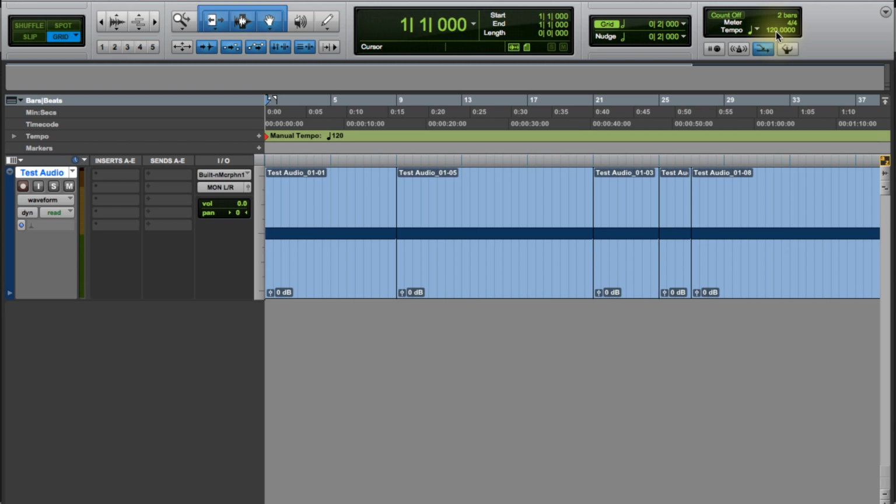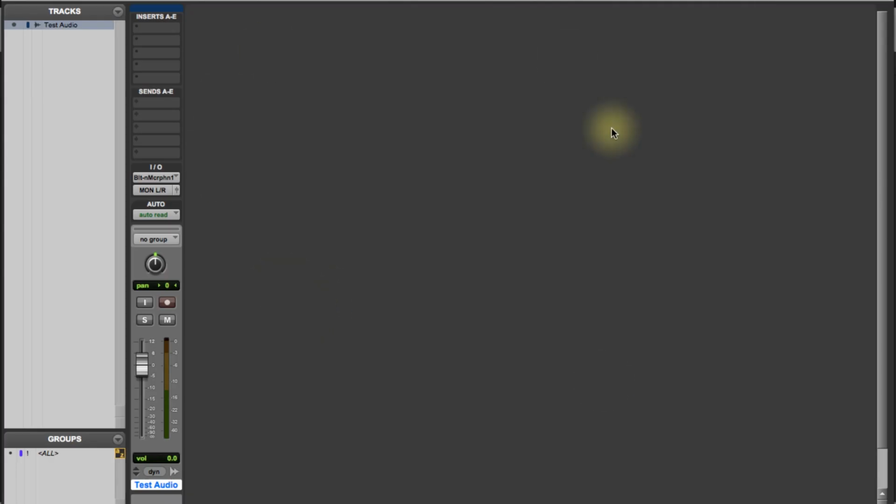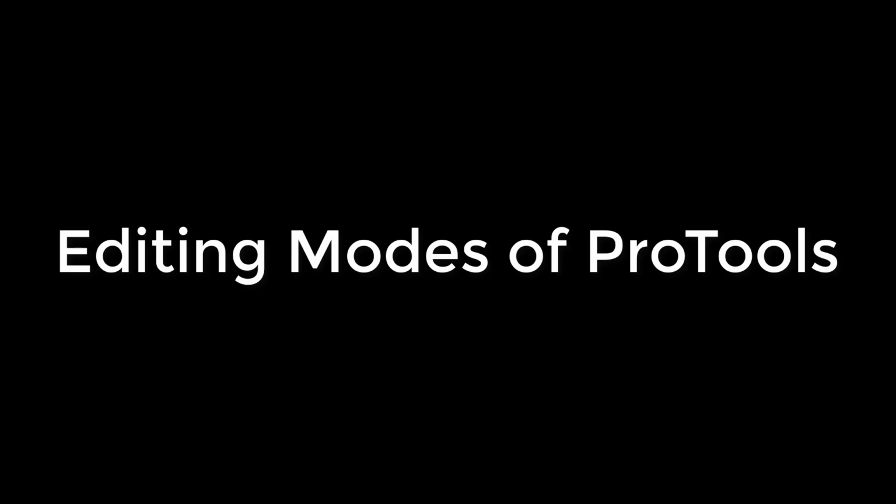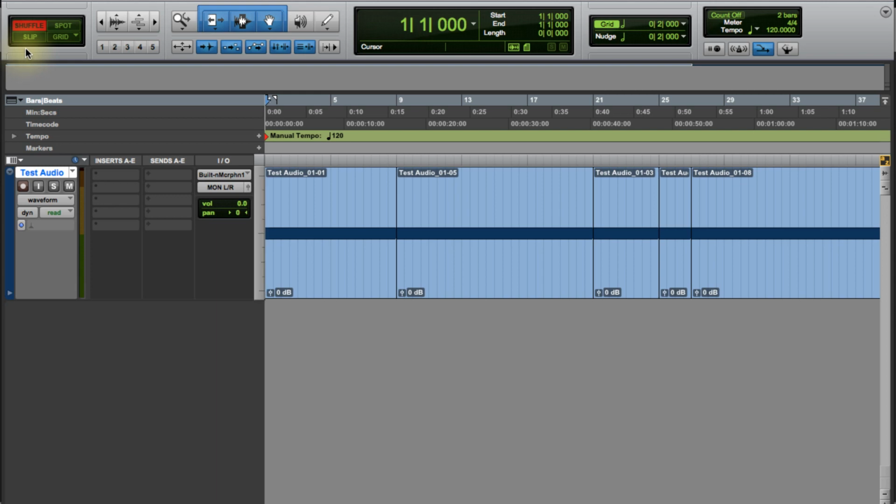We'll talk about different modes and different sections of Pro Tools, and there are two windows, which are called the edit window, which is this one, and the mix window, which is this one. In this video we are going to learn about the top section of Pro Tools, which is nothing but this section, and I'll elaborate all these sections in a much more detailed manner. For now, I have created one session for this video and we are ready to learn.